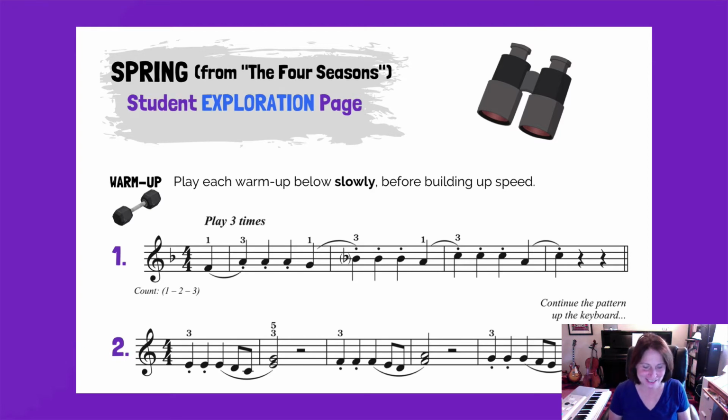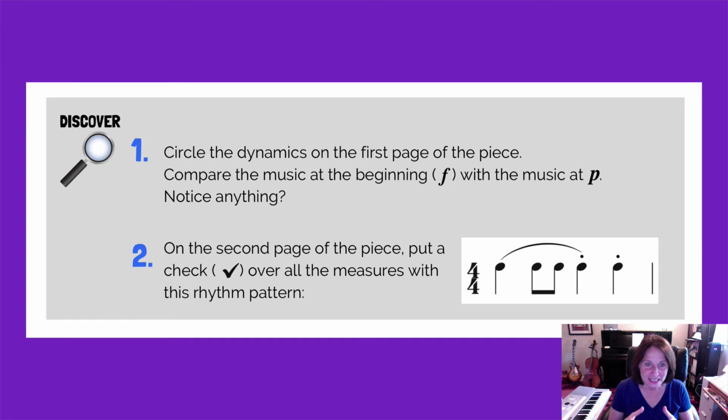All right, next up. Now, this is also from the student exploration page, and this is a discovery section, and you can see that this says circle the dynamics on the first page of the piece and compare the music at the beginning at forte with the music at piano. And do you notice anything? And we'll look in a second. And then the second discover says